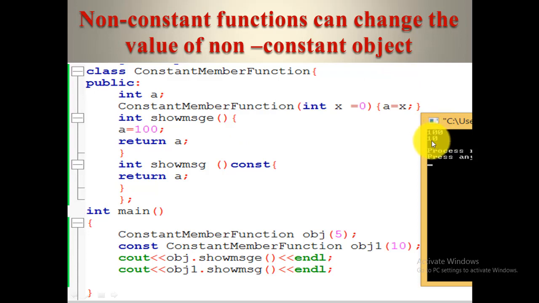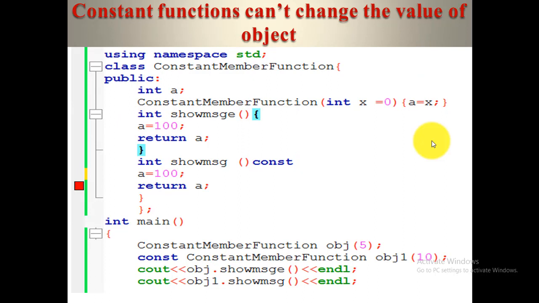But what if we want to change the value of a constant object? Can we do that? No, we cannot do that. Here we want to override the value of the object the same as we did in the previous object. We cannot do this because an error is generated.